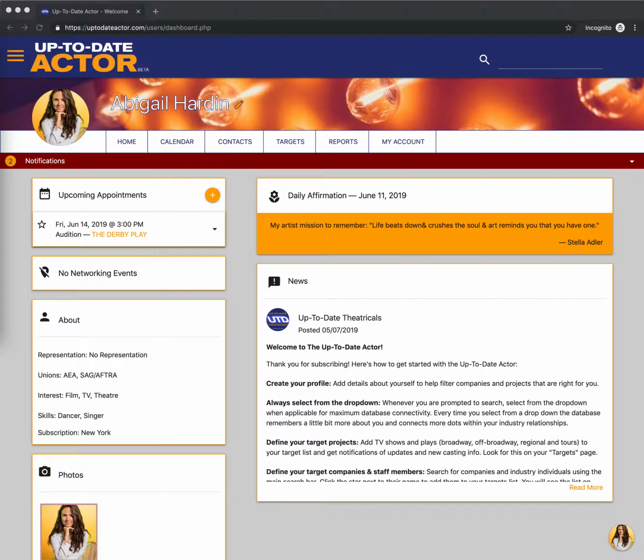This tutorial will show you how to add an audition. You can add an audition from 3 different places on the Up-to-Date Actor. The first is from the circular button on Upcoming Appointments. The second would be by clicking on your photo or star in the bottom right corner and clicking on Add